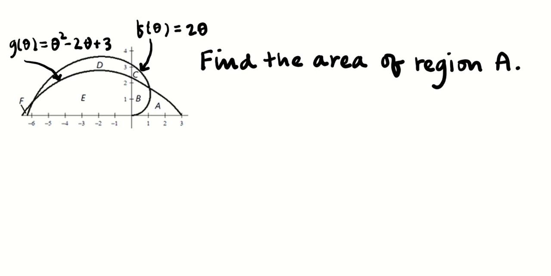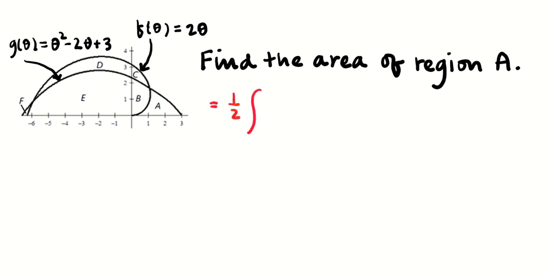And so for each of them, I'm going to start off and test drawing a radial line from the origin to the edge of the region. And this one's kind of tough to tell on A. But at each point, I am going to be going through both curves. And g is on the outside and f is on the inside. Okay, so I know that the area of region A is going to be equal to 1/2 of the integral from,